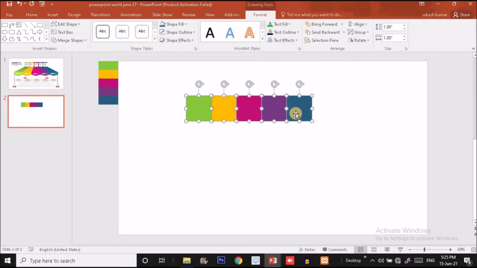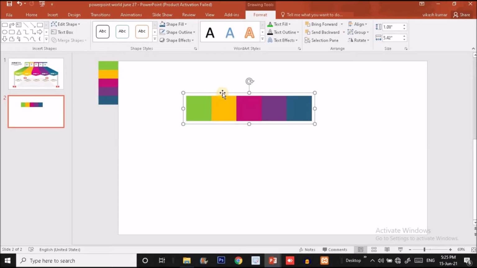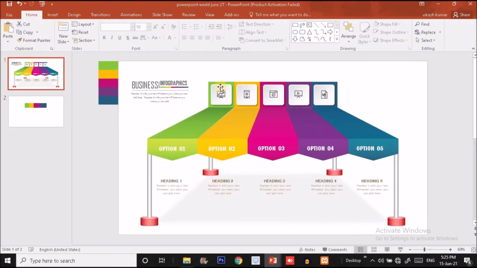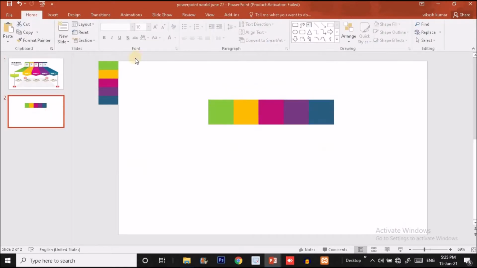Okay, now I'm going to select all these shapes and press Ctrl G from the keyboard to make a single group. And another way to do that, right click over here, you will find a group option there. Just click on group. It will automatically create a group of these 5 elements or these 5 squares. Okay, now what I'm going to do, I will create this shape over there. Okay, this shape I will create, this one.